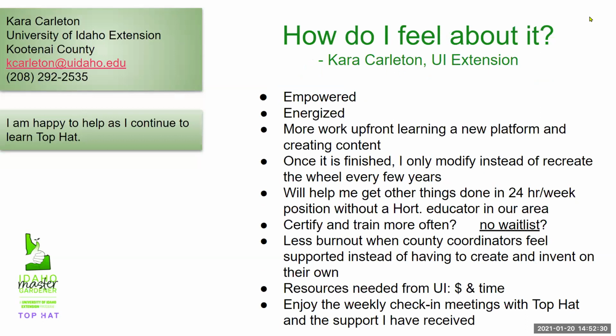I feel more energized instead of feeling like I can't get things done. I'm just taking the reins, doing it myself, learning a new platform, and it's taken a lot of time, but I feel like it's valuable because once it's created, I don't have to reinvent the wheel like I was before with training sessions. It's done, it's captured, I can update it as I want, but I can actually deliver as